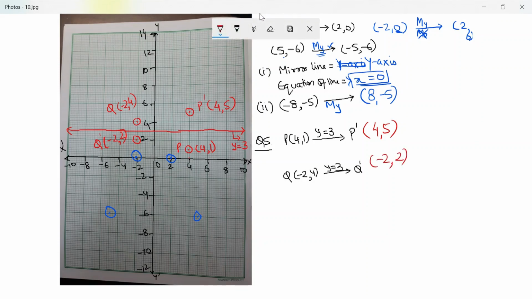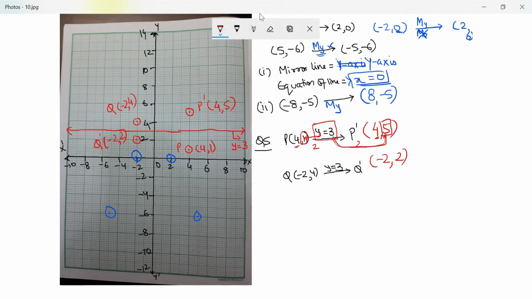So here we did reflection on y is equal to 3. There's something I want to talk about. Notice that the x coordinate did not change when I was reflecting on y is equal to 3. Only the y coordinate changed, by the distance they were away. How far were they? They were 2 units away. 1 and 3 are 2 units apart. Similarly, 3 and 5 are 2 units apart. So either you can plot it or you can use this method to figure it out.